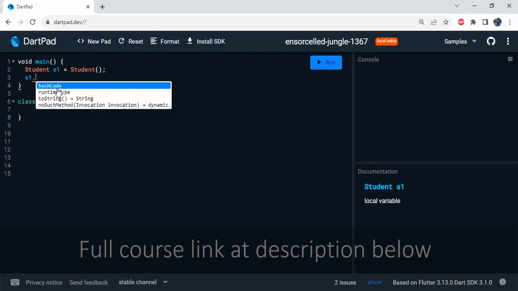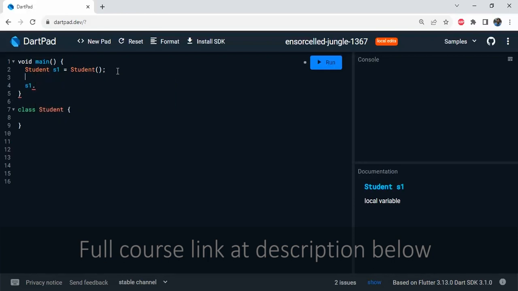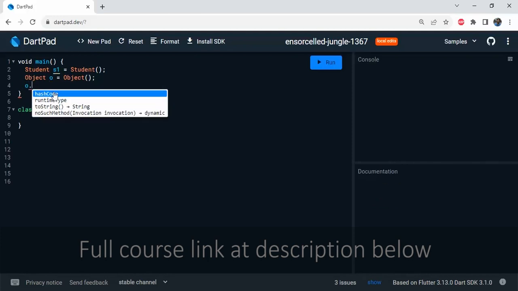I told you earlier that we have a type called object, right? And object is a class, and whenever we have a class, we can create an object of that class. For example, we can create an object O from this object class by calling the constructor of this object class. And if I now try to access the methods and properties of this object reference O, and press dot, you will see the same methods and properties that we saw earlier for S1. So basically these properties and methods are coming from the object class,